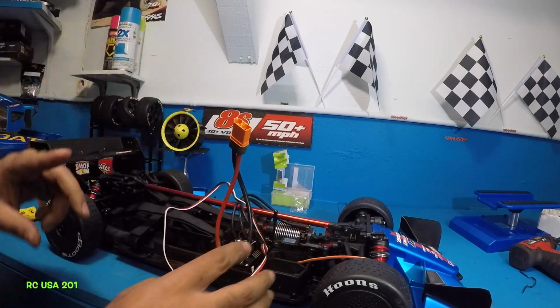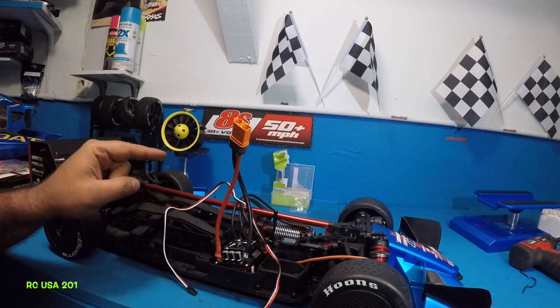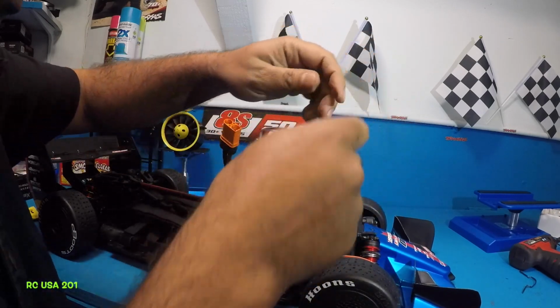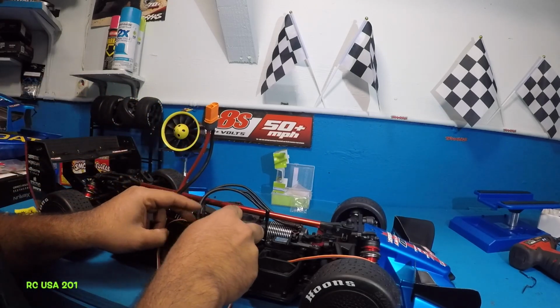Oh, it's alright, we're not going to plug that in because I'm going to be using Y splices to give power to this fan and the other fan. Alright, and next thing we're going to do is, before we go any further, this little guy